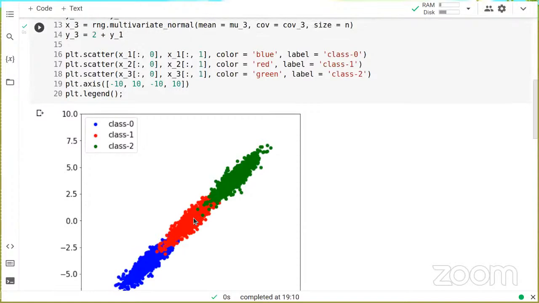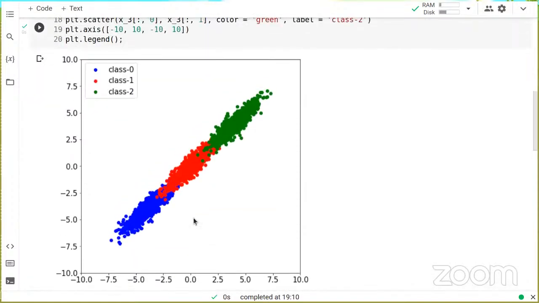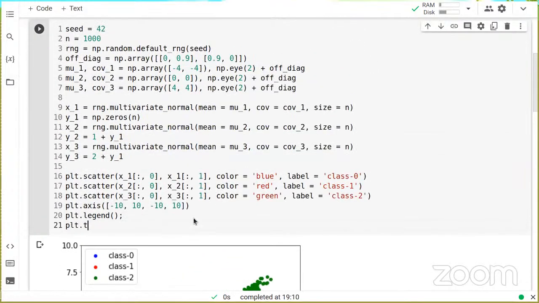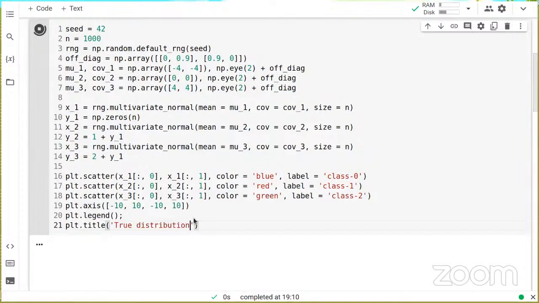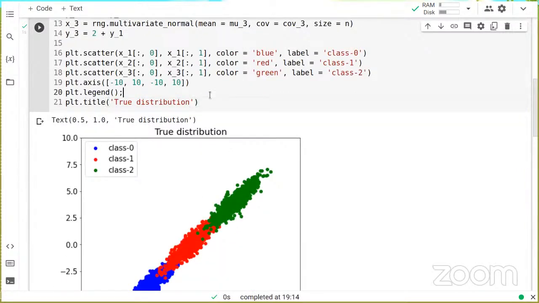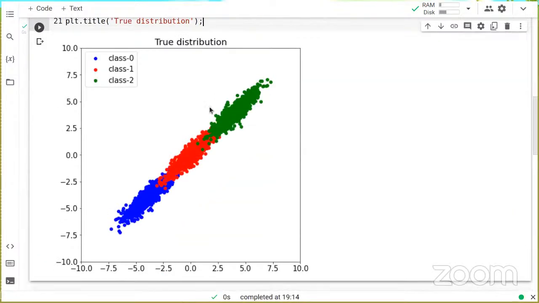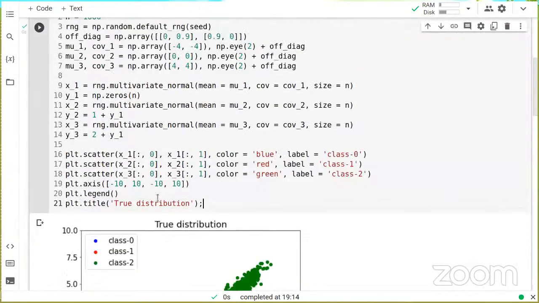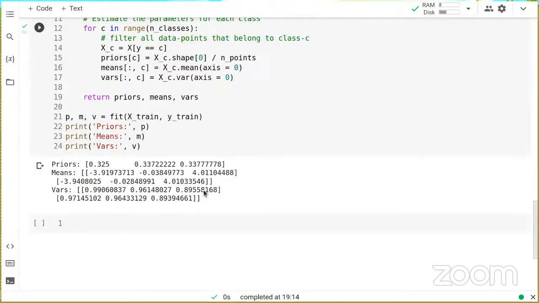I'll draw two diagrams here. So one is this. Let us label this as your true distribution. This is how your data really looks. It looks something like this. Now I am learning a naive Bayes classifier for this data, and the naive Bayes classifier that I learn is, just copy this.